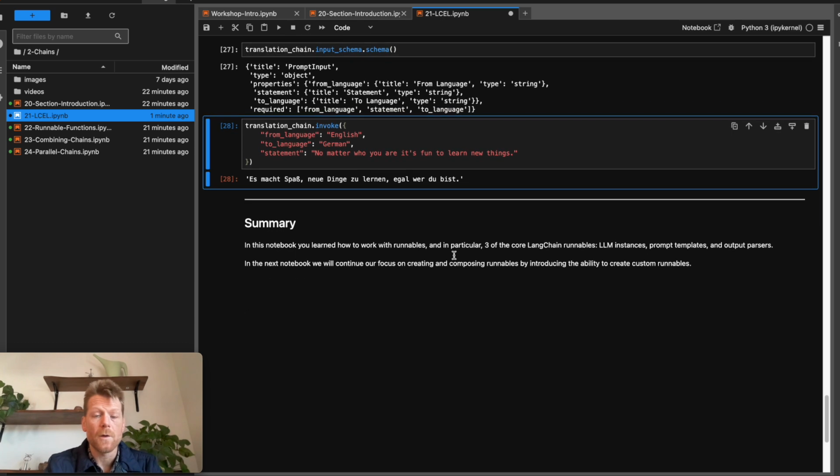Okay, so in this notebook, you learned how to work with runnables. And in particular, three of the core kinds of LangChain runnables, namely LLM instances, prompt templates, and output parsers. Furthermore, you learned what it meant to be a runnable, and you learned that you can compose runnables in chains, and that chains are